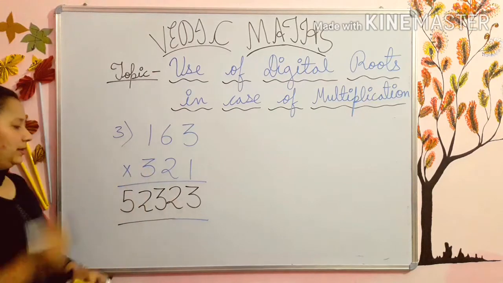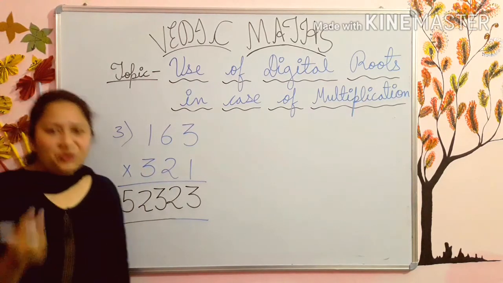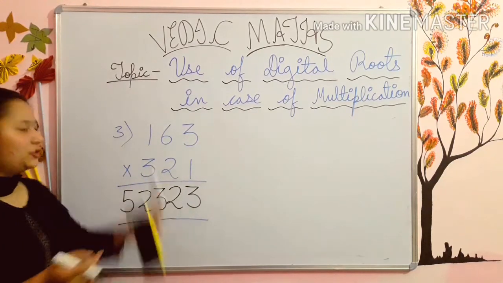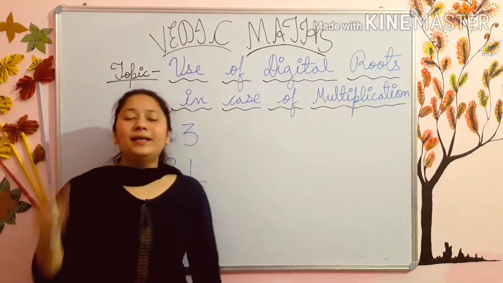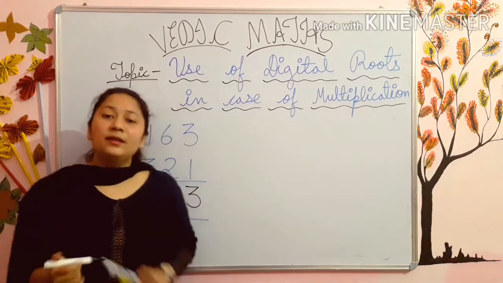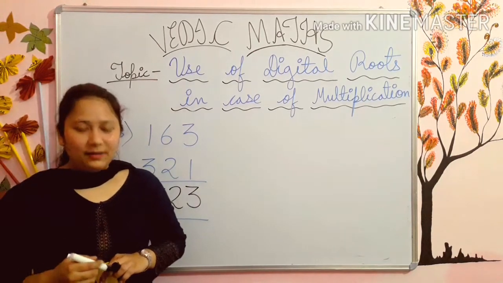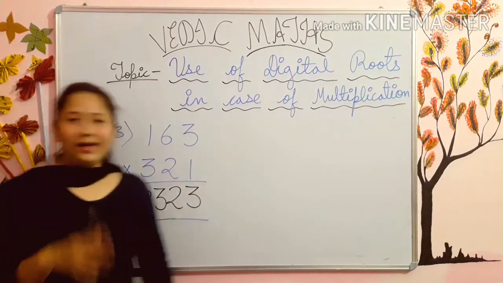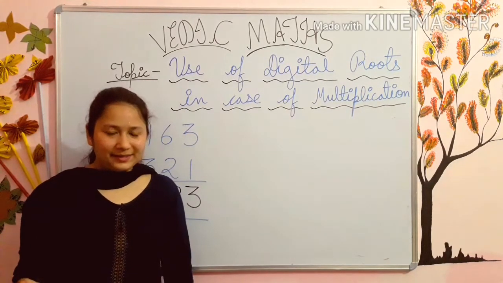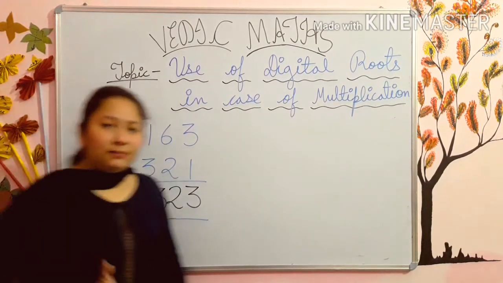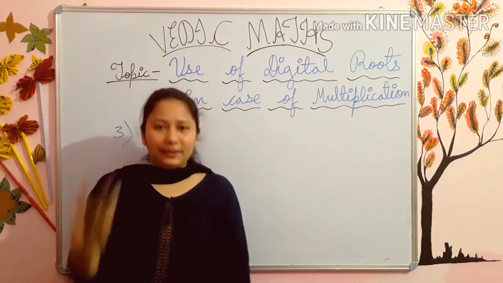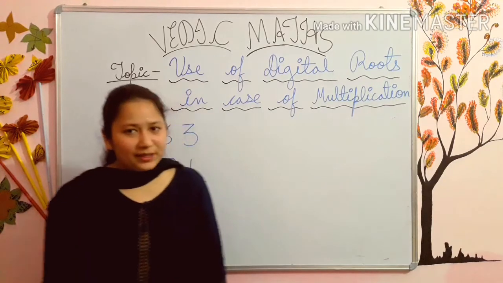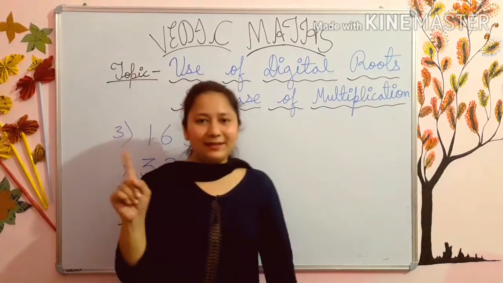So students, this is your answer. Now you will think that how easily ma'am has done a 3-digit multiplication in one row in some seconds orally. Students, this is practice. In class 6th also, you learn this method but you don't apply it in your regular maths. Students, if you learn any new method for multiplication, just practice it again and again. As I always say, the more you practice, the better the results.